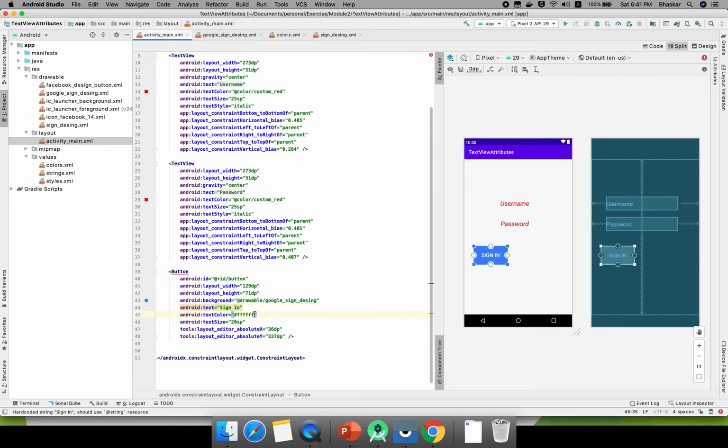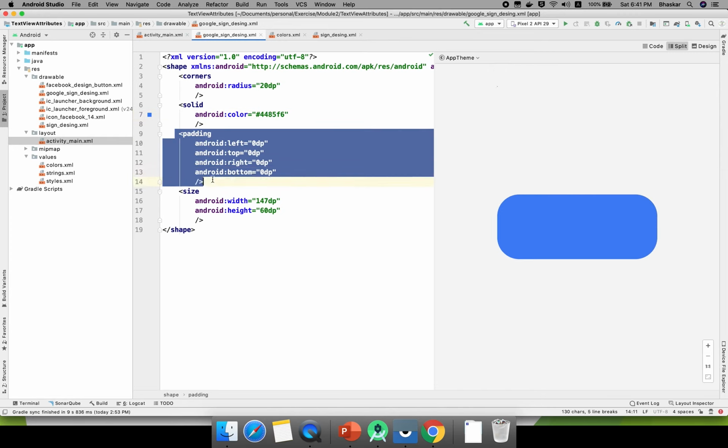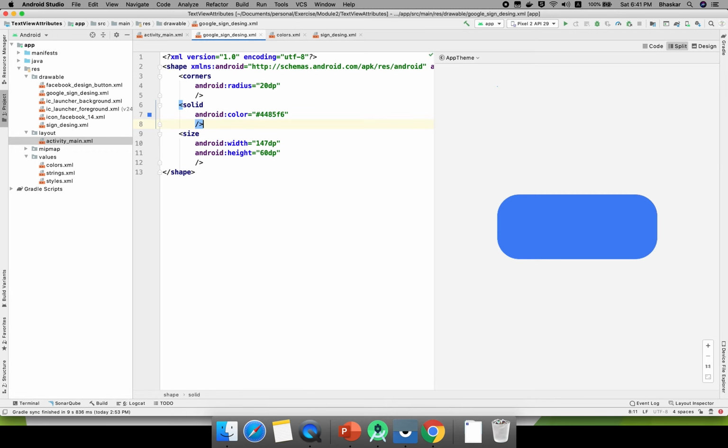And I've defined the way. If you go for the Google sign in, there is size, padding, solid, corners. If you want to design corners with, suppose, 20 dp, this is what it looks like. If you want a different color, you can apply it. This padding is optional, it is not required for us right now.